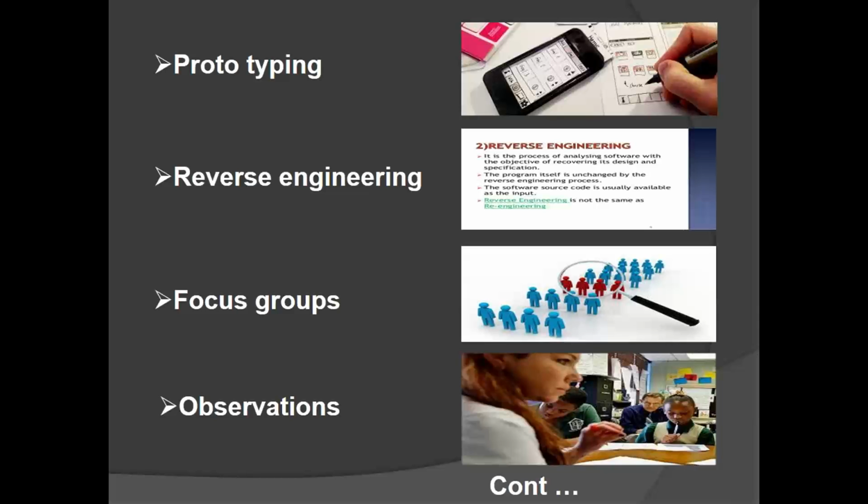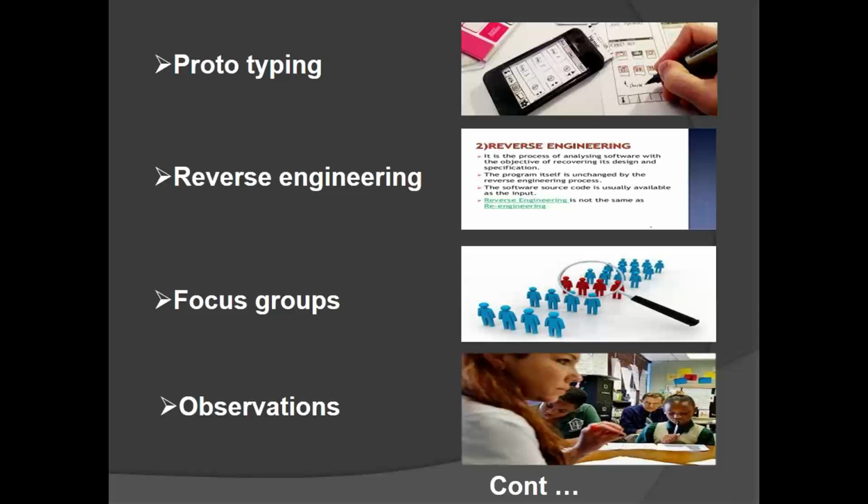Again, we the BAs are going to take the changes to the designer and ask him to redesign as per the client requirement. Then again the designer is going to modify that, and after that again is going to show to the client. This time if the client is okay, then he will give permission. Then we will go to the developer and we will say, this is the second prototype, you need to develop the code. Then again the developer will be kept engaged.